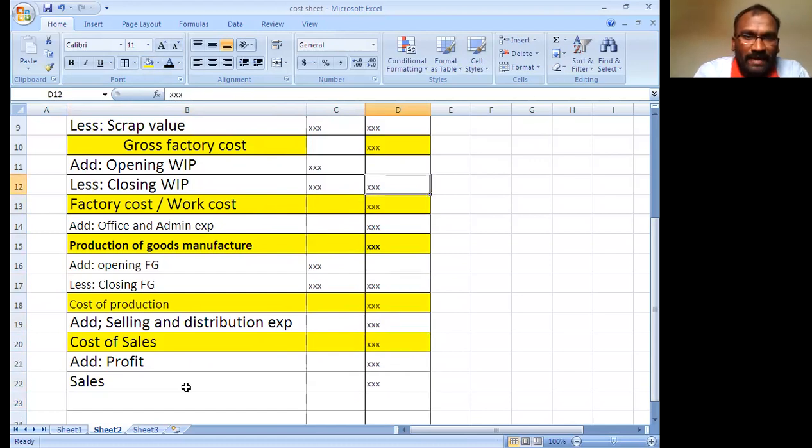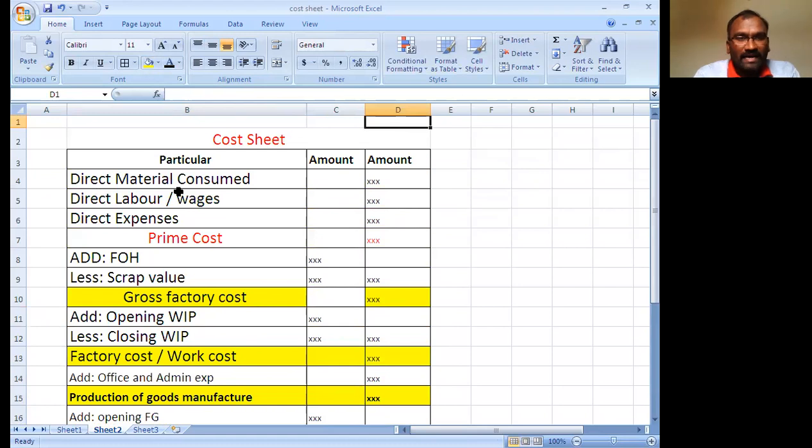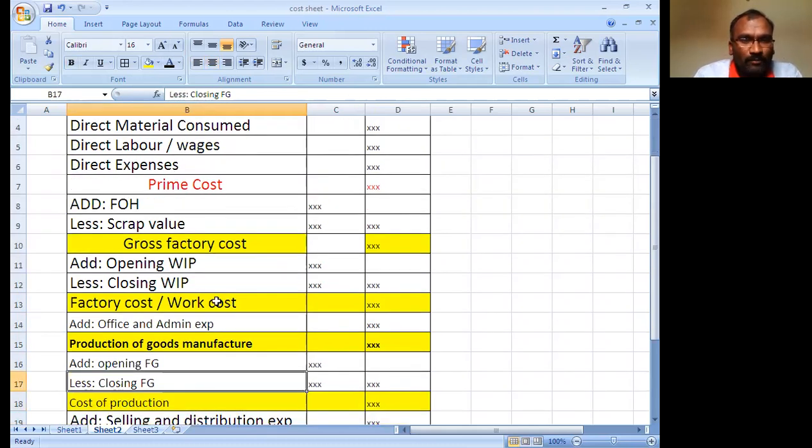Again, I will explain this cost sheet. First, you add direct material consumed, direct labor and direct expenses. These three values give the prime cost. Next, you add factory overheads, less scrap value, and you get the gross factory cost. Next, add opening work in progress, less closing work in progress, and you get the factory cost or work cost.